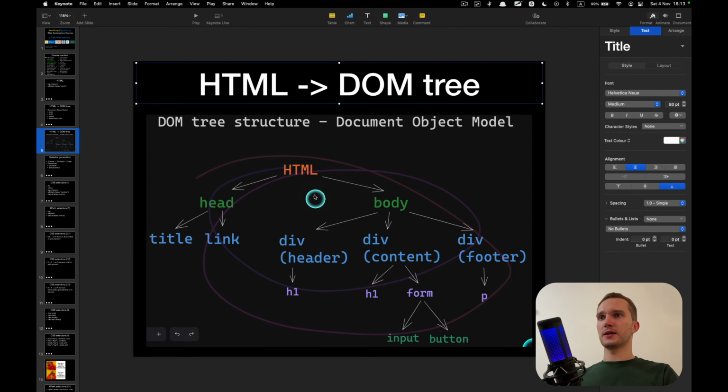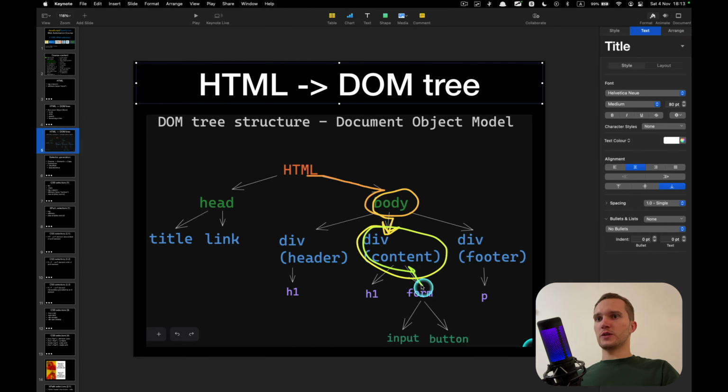And then we can easily go downwards from parent elements to child elements and find the correct element that we need to change. So for example, we will search from here, HTML body, then go down, like this is the content, and from content we understand that we need to find that element in a form, and then we need to find the input, type something into the input, then find inside the form the button and click on this button.